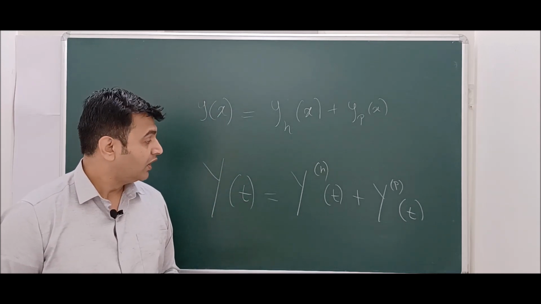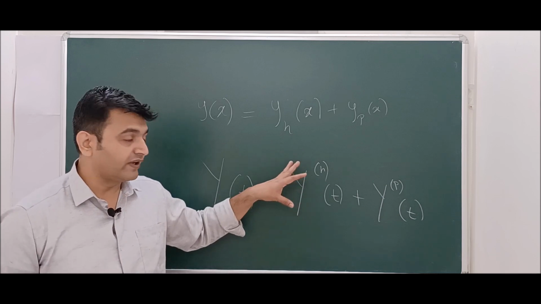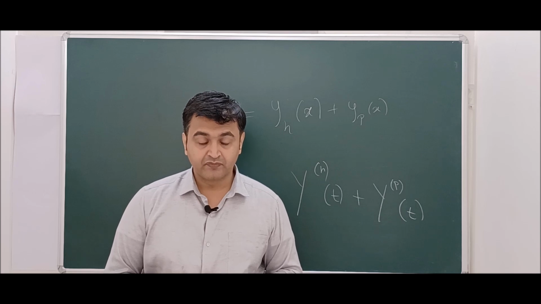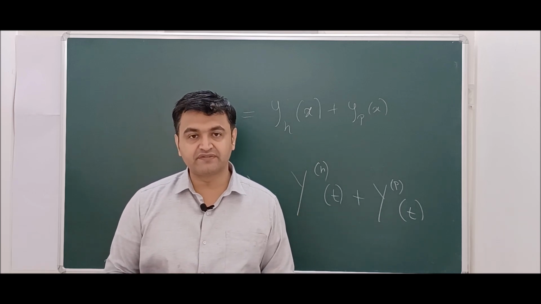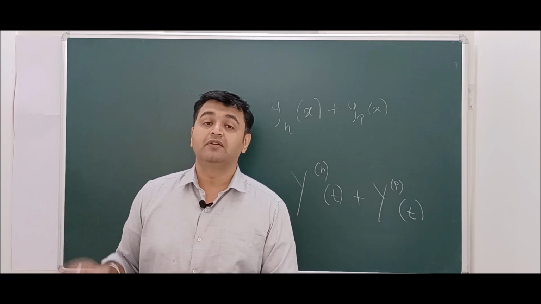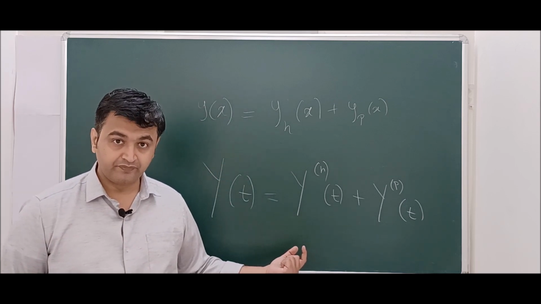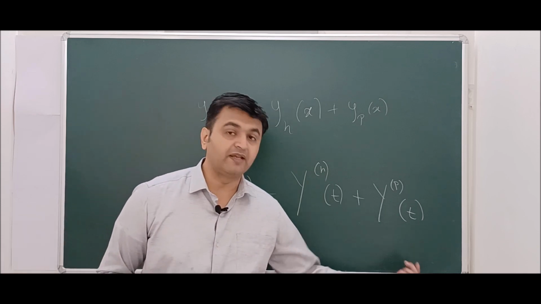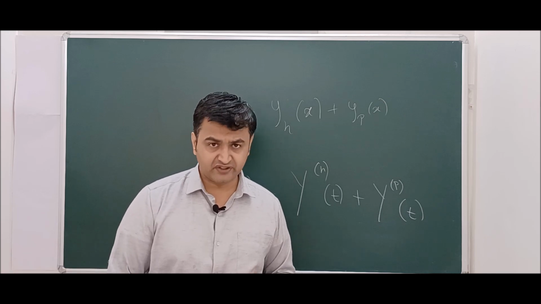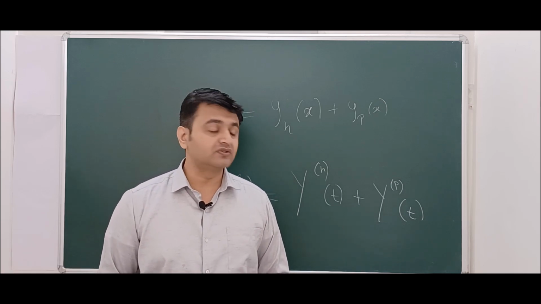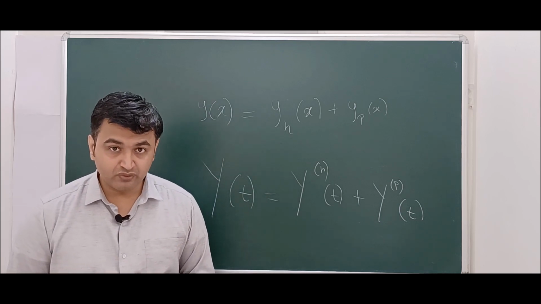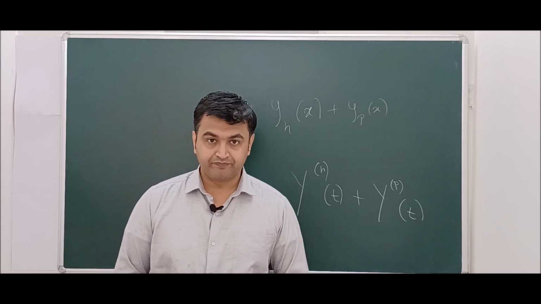No problem. In an earlier lecture we saw how to find yh. That means if you have a homogeneous system of differential equations with constant coefficients, we have seen how eigenvalues and eigenvectors help us to find the general solution. Now today we are going to see how to find yp. Again there are two methods, undetermined coefficients and variation of parameters. Today we will be concentrating on the method of undetermined coefficients, and how it can be used to find yp.